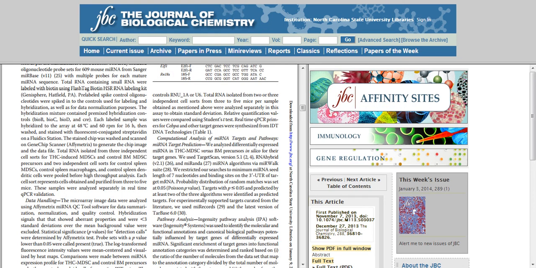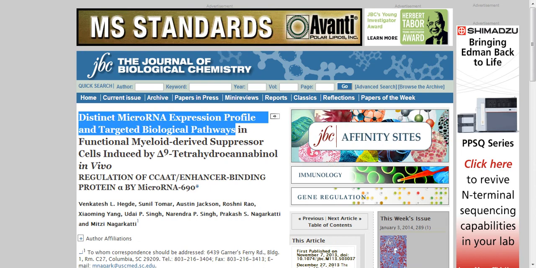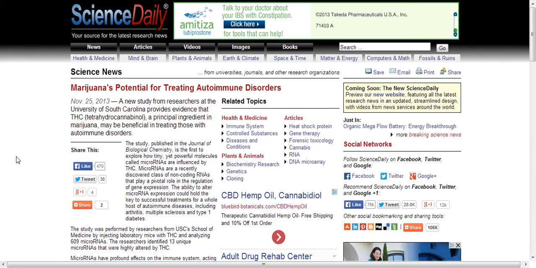Usually if you just copy the URL and try to come back to it later, you're going to go through a whole bunch more trouble trying to get logged back in, etc. So I would save it so you don't lose it. And then that'll be your scholarly source for Project 1. And of course it's associated with the original Science Daily popular source. So that's how you get your